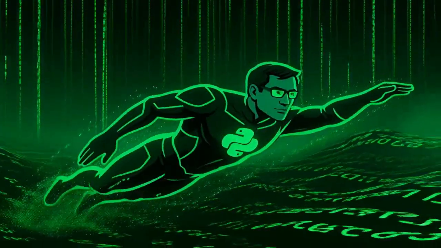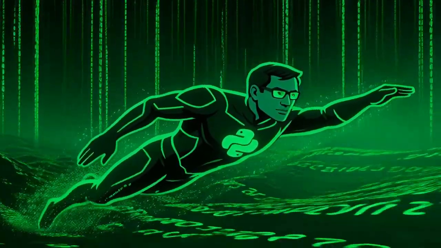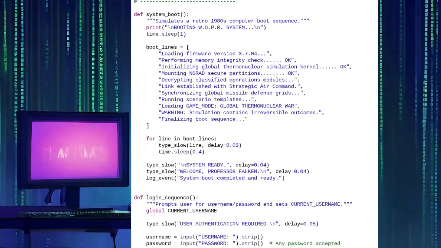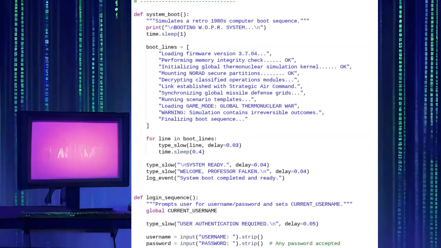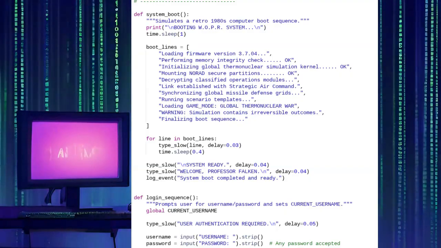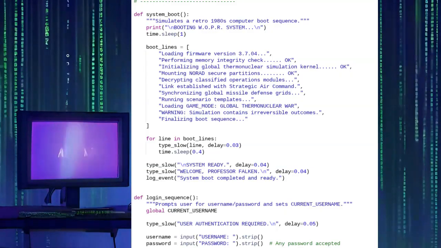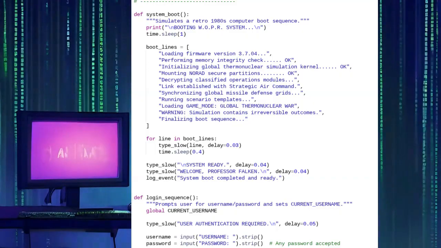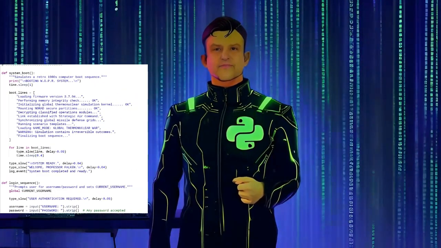Before we dive into the code, here's what the program actually does from a user perspective. It pretends to boot up a military computer called WOPR. It asks you to log in with a username and password. Then it drops you into a command prompt where you can type commands like list games or play global thermonuclear